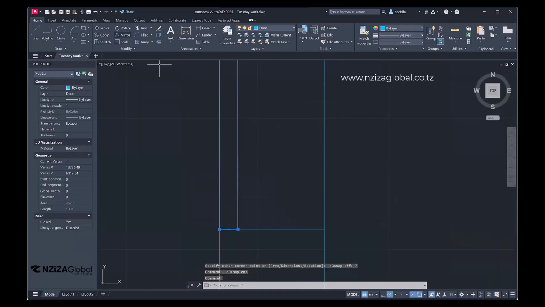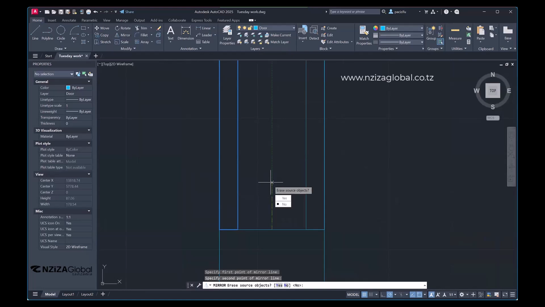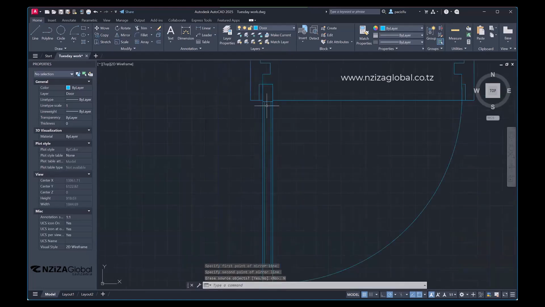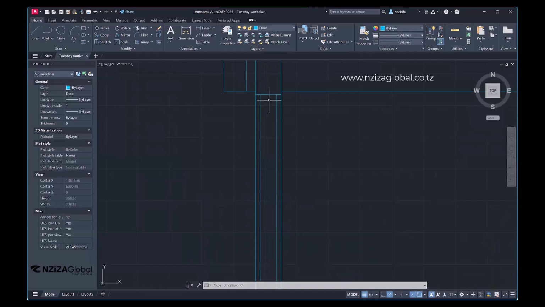I take the center of this line, then mirror it like this, and I keep my copy. After that I want to draw the frame, the fixation of the wood of the plywood. It's the same method that we use for the rectangles. You can take this. I can draw a frame of